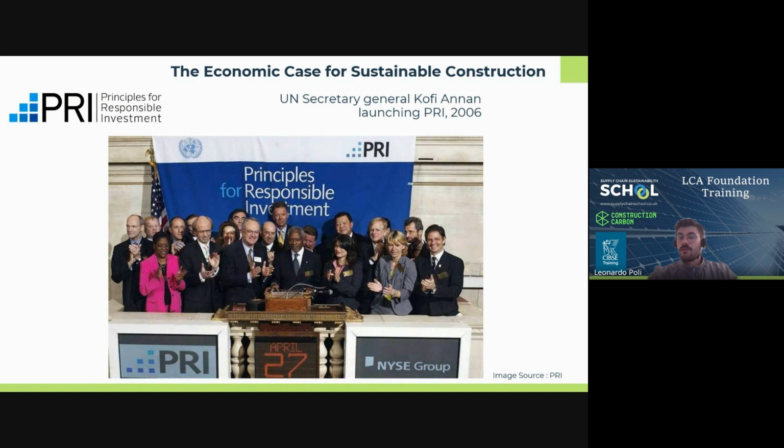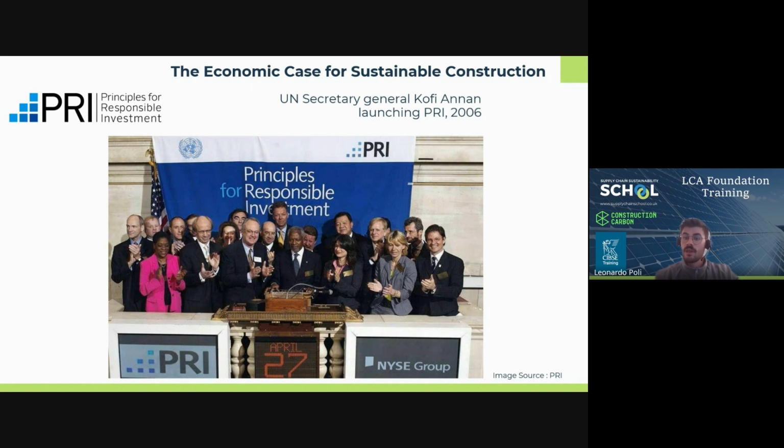The Principles for Responsible Investment initiative was launched in 2006 by the UN Secretary General Kofi Annan, who invited a group of the world's largest institutional investors to join a process to develop the principles. It currently has approximately 3,750 signatories globally. That was updated in 2023. It has 6 key principles that link investment to climate change mitigation. Its main principles are as follows.